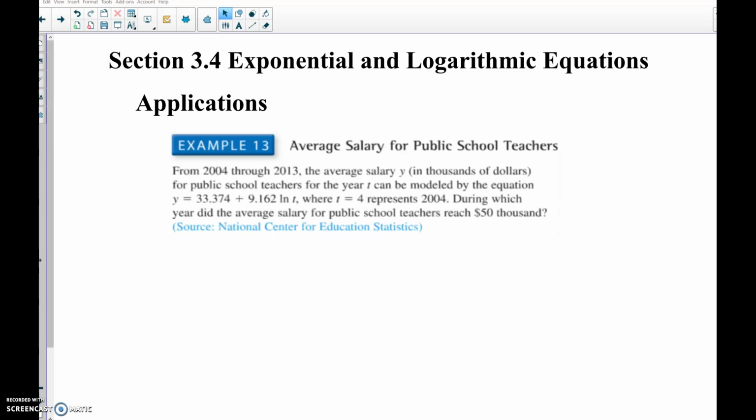A few things to notice in this word problem. Y is in thousands of dollars. So when they say 50,000, you leave it as 50. You do not write out 50,000. So we are going to type in 50 equals